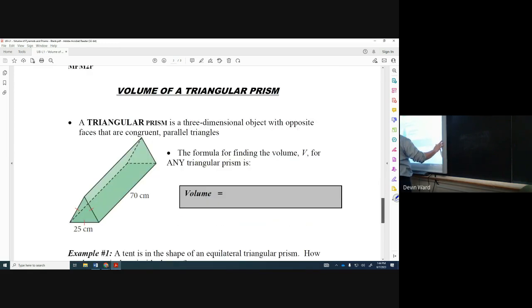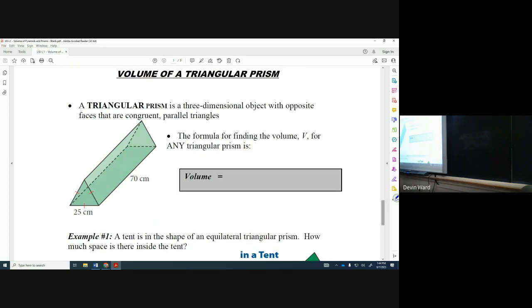Okay, final page. Last thing we're going to do is the volume of a triangular prism. A triangular prism is a three-dimensional object with opposite faces that are parallel triangles specifically. So it's like a rectangular prism, but this one is triangles instead. The formula for finding the volume for any triangular prism